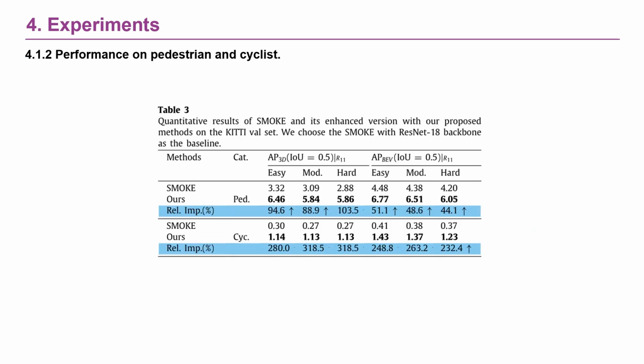We further show the results of pedestrian and cyclist on the validation set in Table 3. Our improved SMOKE outperforms the baseline by +3.14, +2.75, +2.98 on AP3D for pedestrian and +0.84, +0.86, +0.86 on AP3D for cyclist, which